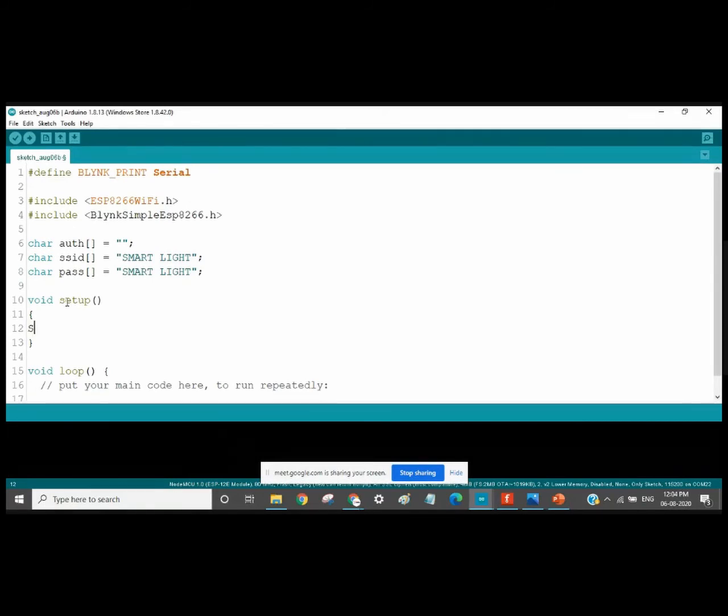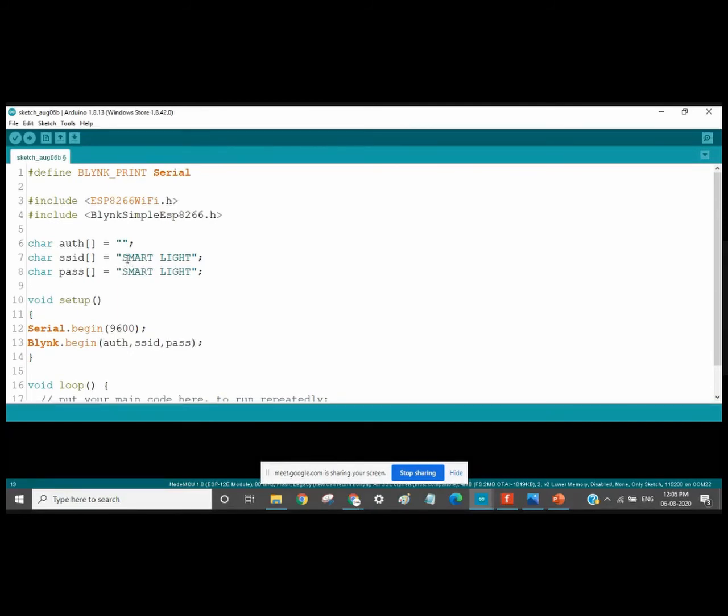The only thing that I have to write here is Serial.begin 9600, and Blink.begin with AUTH, that is the authentication token, SSID, that is my router's name or the hotspot name, and the pass.